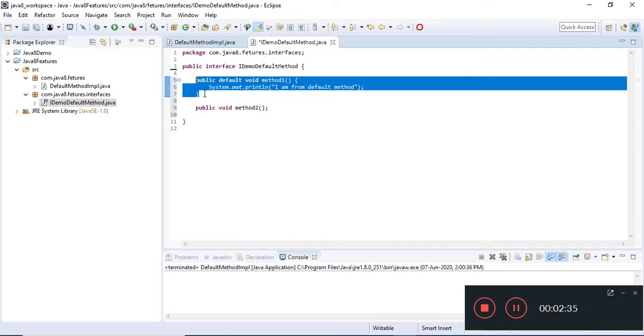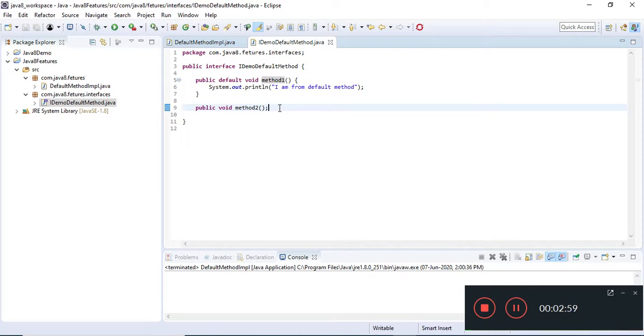But consider an enterprise application where we have many classes. It will be an overburden, very hectic, to implement the new method introduced in the interface in all the classes. So we have the feature of default method. In the interface itself we have the definition of the method, and the class need not worry about it, and a class which wants to override that particular method can override the default method.